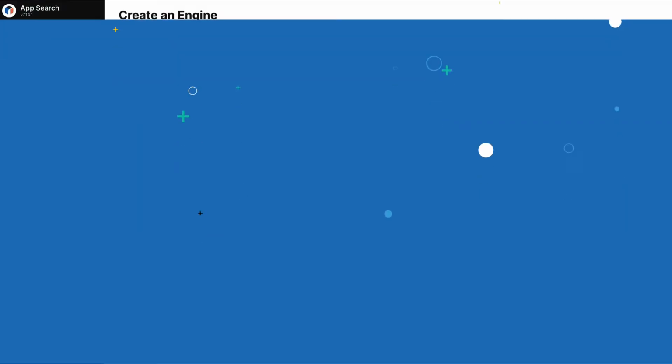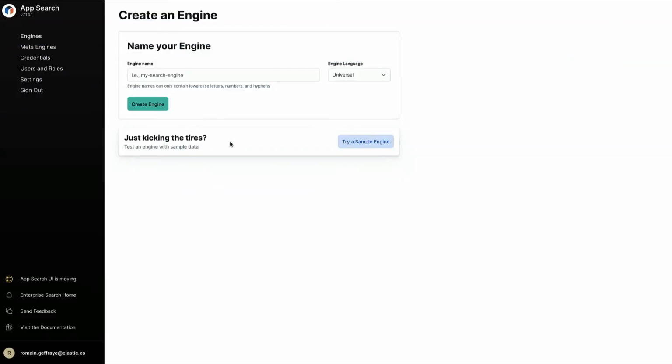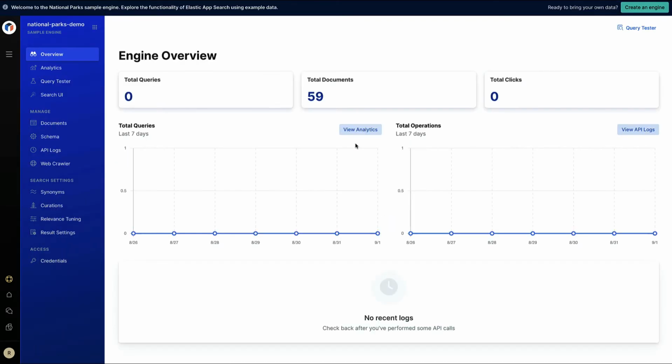it into your application. First, let's start by creating a new engine in Elastic App Search. Let's use the sample engine that comes with the 59 U.S. national parks. Now that the data is ingested, let's create a search interface that allows your users to search through